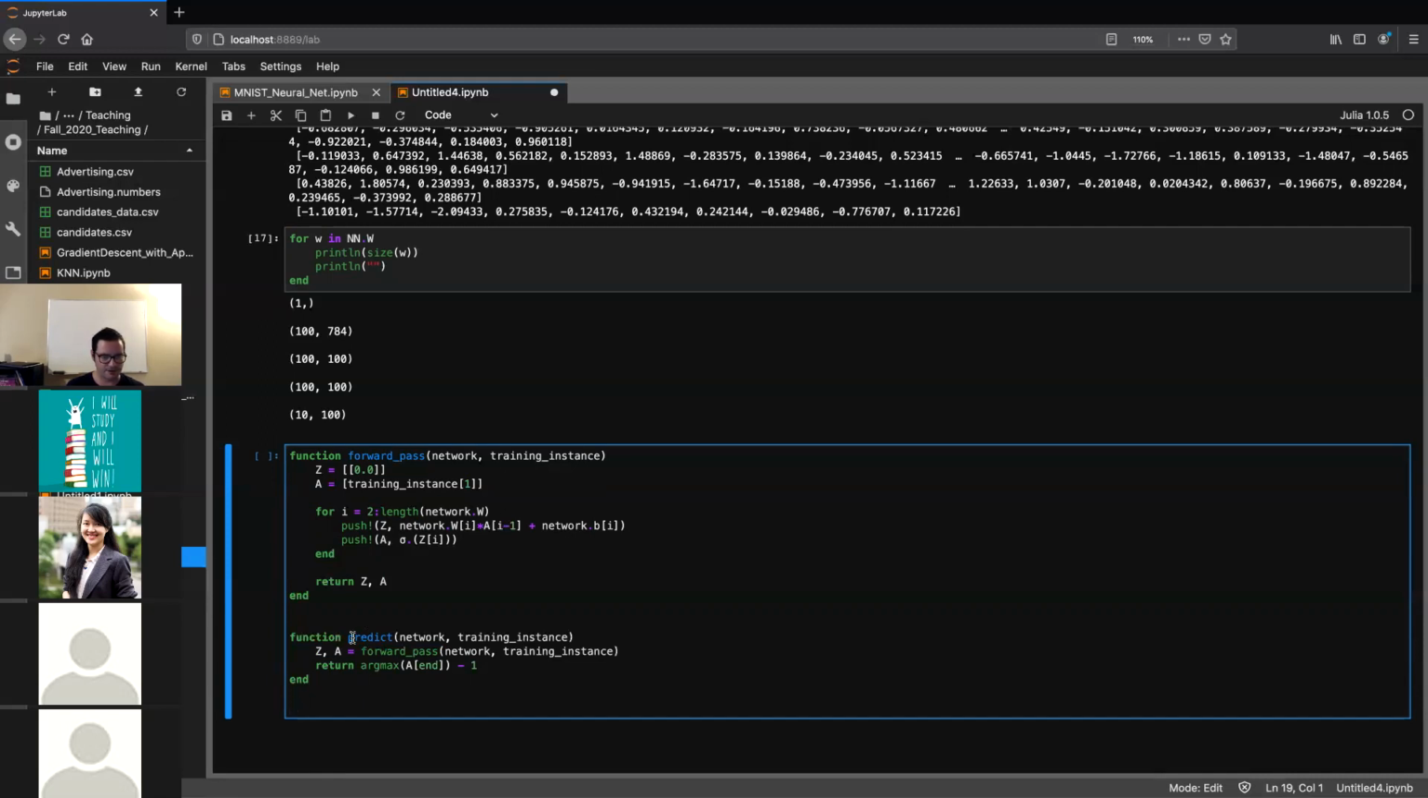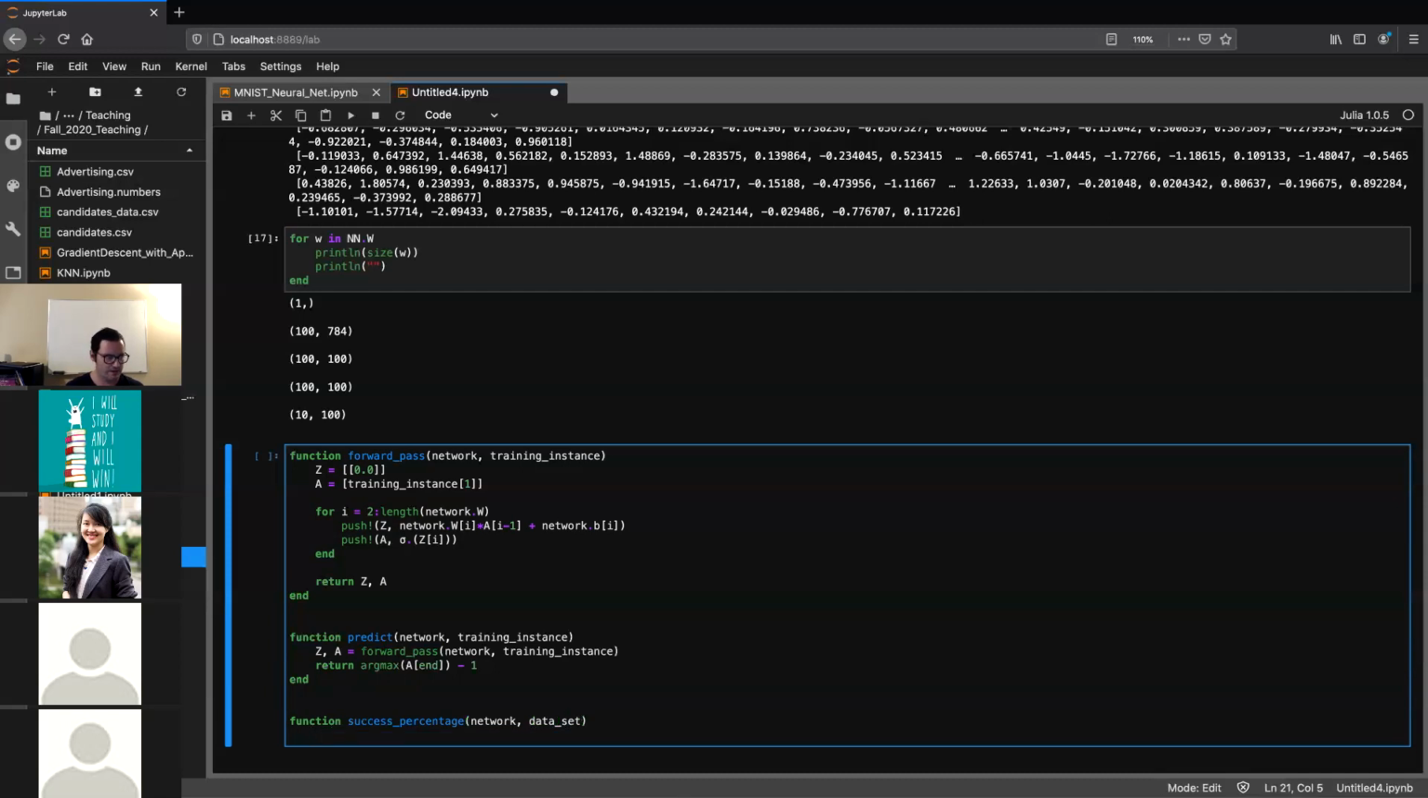So now once we have a prediction, we can write a function to test how accurate we are. So function success percentage, and that's going to take in a network and a data set to test it on. And we're just going to return a string representation of how accurate we are. So string, the percentage of correctly classified